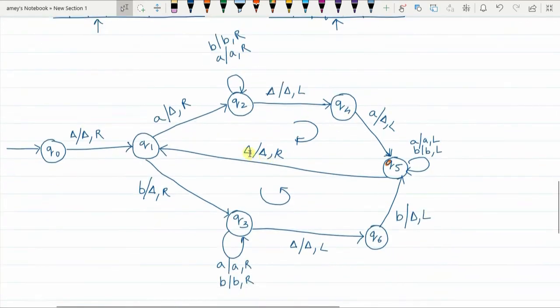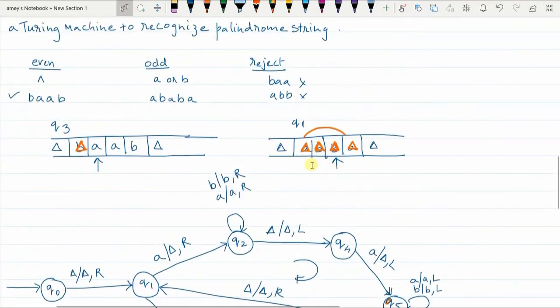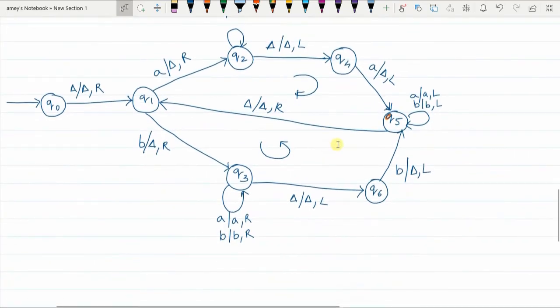After delta was replaced with itself and the pointer moved to the right, when the pointer moved from here to here, if there were any more pairs left to be compared, you would have got a valid A or valid B. But now what do you observe? There is nothing left on the tape. So what do you get? Delta. So in Q1 state,